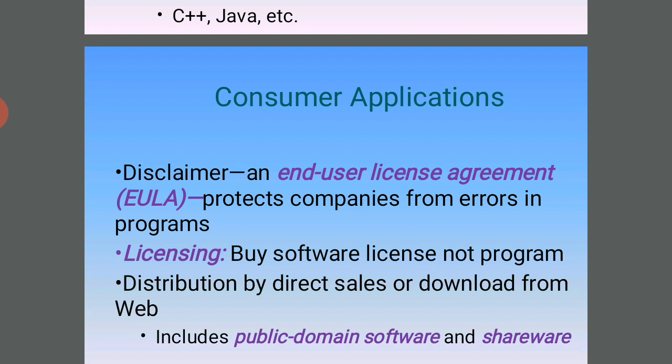So what is downloading from the web? What is a web page and web designing? The web page is designed and prepared in HTML, hypertext markup language. We open Notepad, prepare a program, and save it as .html, and that is called a web page. For example, take the Gmail sign in. How to sign in? We enter the username and password. We sign in, and the information includes public domain software and shareware.